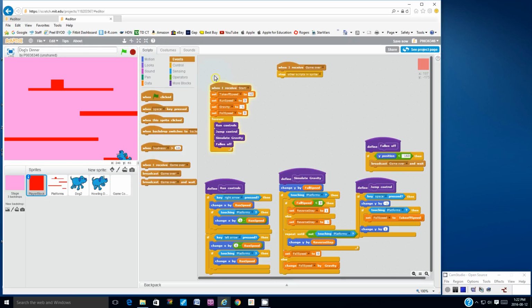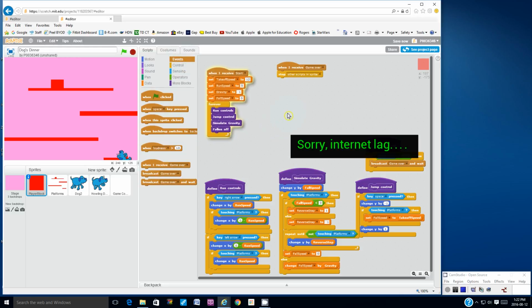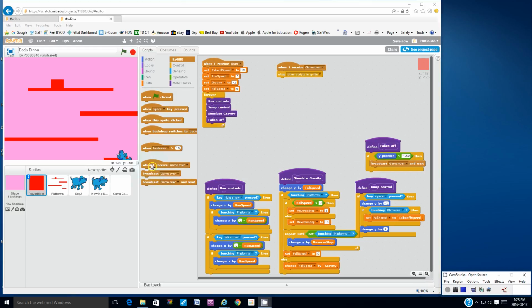Okay. All right, so I'm going to create another script for the player block. Here we go. So let's click on the events. So when I receive, let me grab a when I receive. Let me grab this block here. Let me just move this one out of the way. So when I receive the message setup,